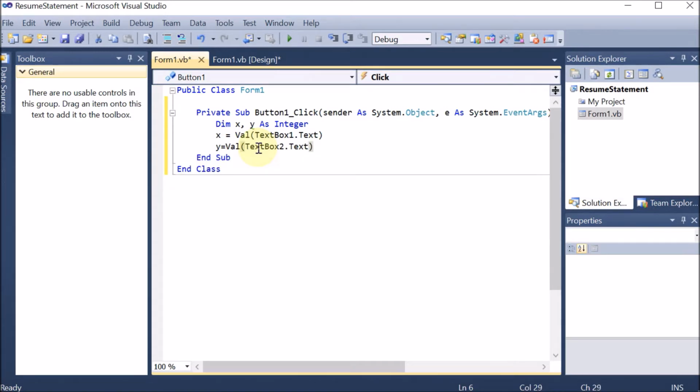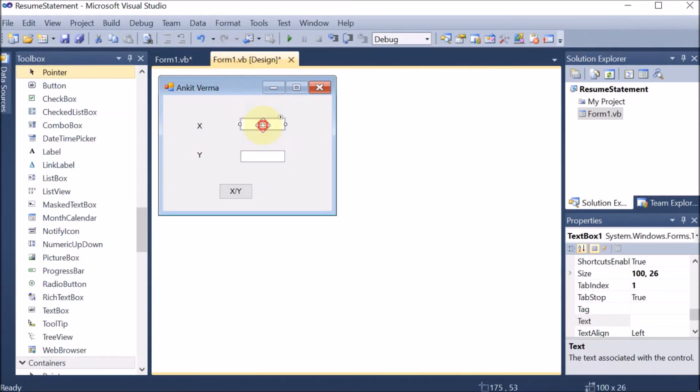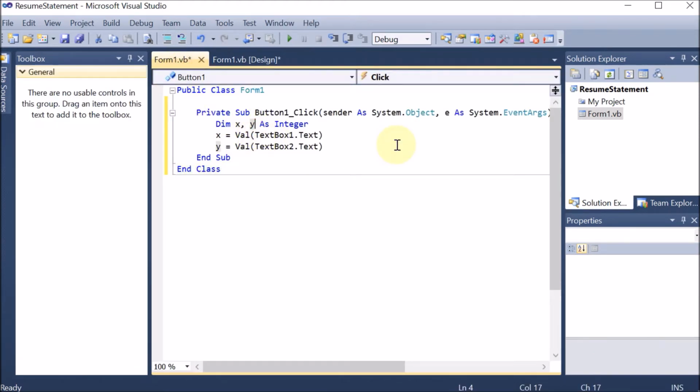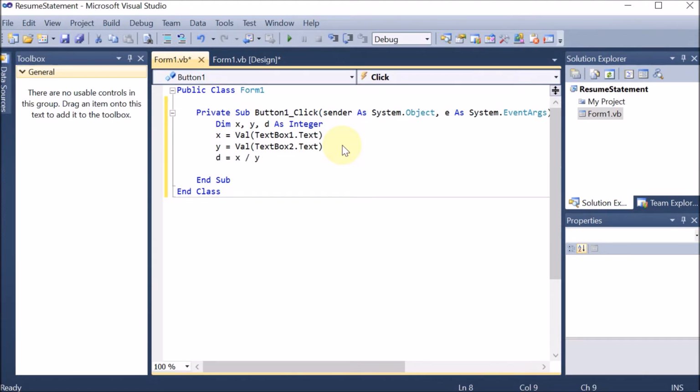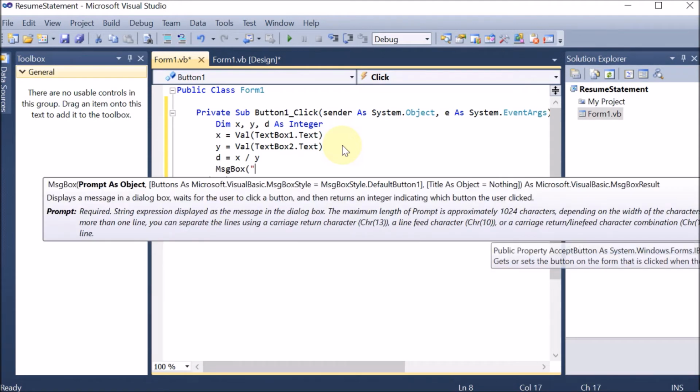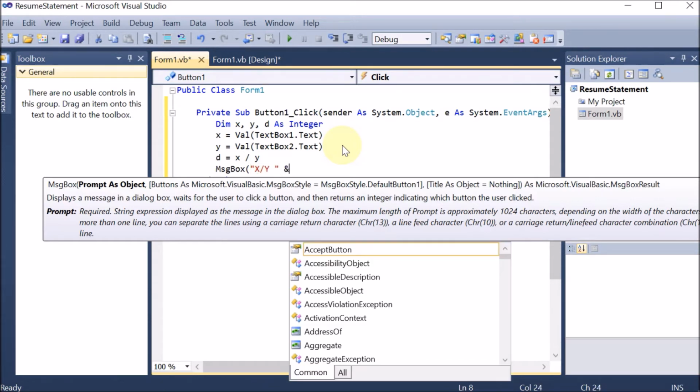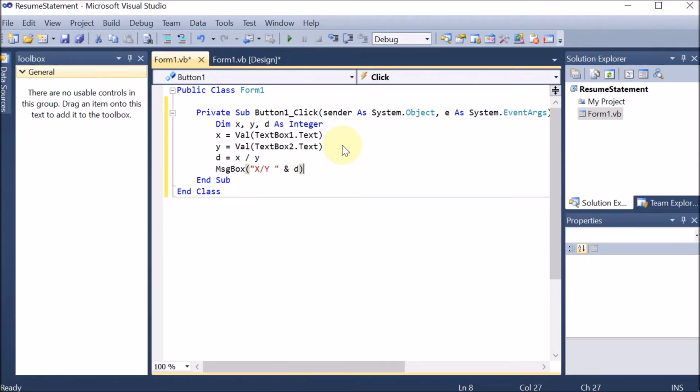So now successfully we have taken the values from text box 1 and 2. Let us suppose that the user is going to take the values 4 and 2. So I want to perform the divide. Now here I want one more variable, let's say d. D is for the division. Now I will take d is equal to x divided by y. Now that is a division going to happen. Then afterward I am going to put the message box. Let us suppose in the message box we are saying x divided by y. Now this value we are going to show to the user, and that is d. So this is the program which we have performed. Now I am putting one space so that we can understand that this is the button coding.